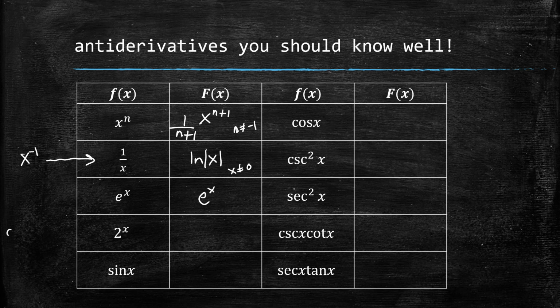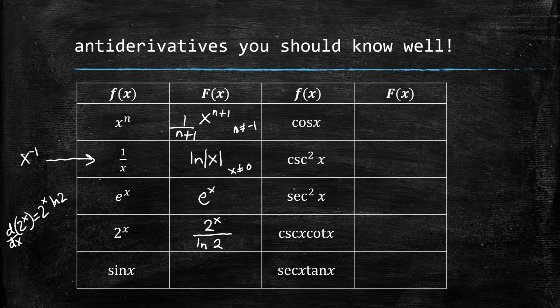So if you recall, the derivative of 2 to the x was 2 to the x ln 2. So I can't just write 2 to the x here because I would get an ln 2 there that I didn't want. So of course, in the same way that when we got n plus 1 and we divided by n plus 1, you can kind of divide by that quantity ln 2. Just leave it there so that when you take the derivative, the ln 2's, which are constants, remember, they would